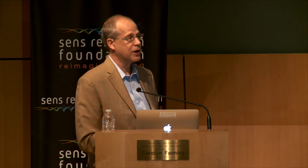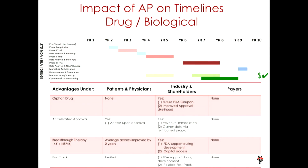Looking at the timelines, well, we've all seen these timelines. We know what they are. They're typically about 10 years to get a drug or a biologic to the market. Multiple phases that you need to be planning. One of the things I look for in companies is how robust is their future plan? Do they understand what's going to be involved? In biologics in particular,